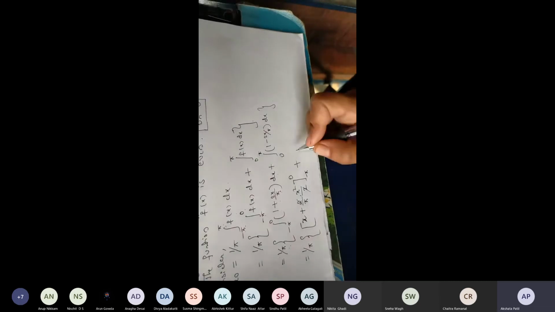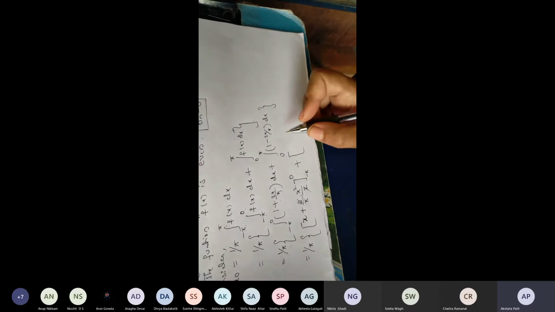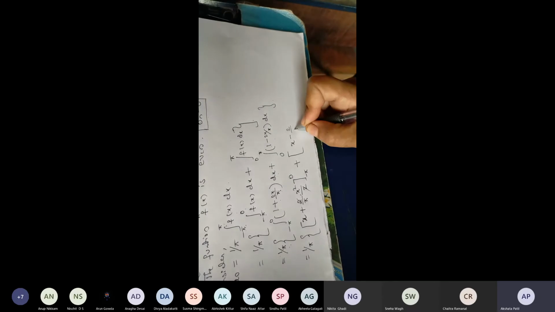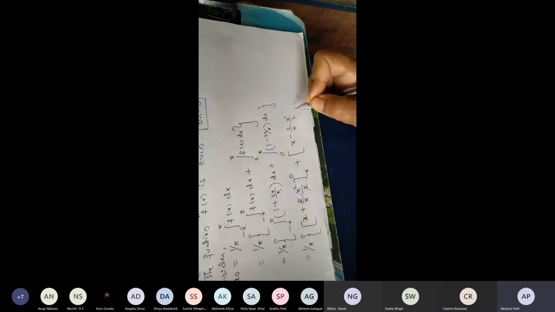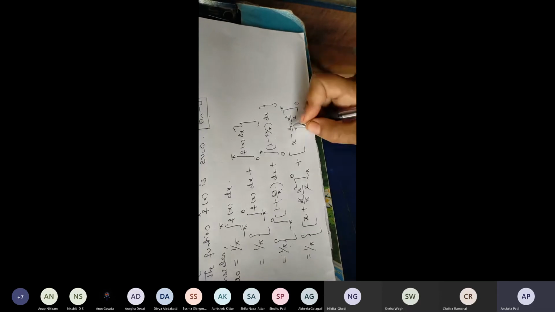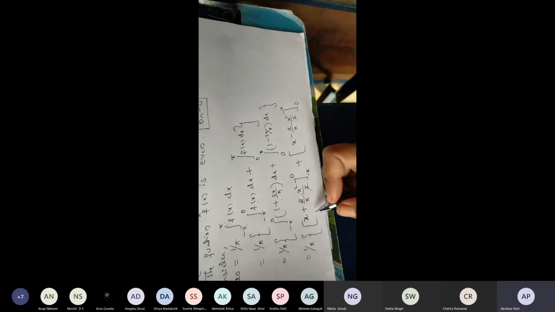Okay, now plus. Now move to the second integral function. Again you should integrate here. 1 dx integration is x. This minus sign, keep as it is. 2 by pi is a constant term, keep as it is. X integration with respect to x is x square by 2. Now apply the limits 0 to pi. This 2 gets cancelled. So here the remaining terms are x plus x square by pi, and here x minus x square by pi. Apply the limits here.